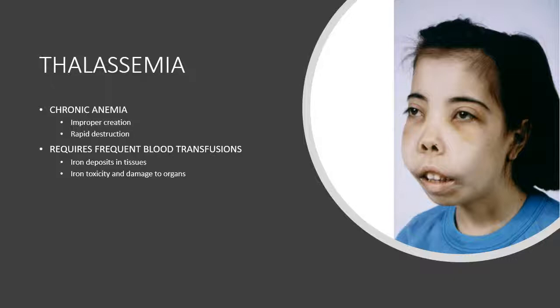Another type of anemia is called thalassemia, and thalassemia is a genetic problem. It's a spontaneous mutation where the body can't make normal hemoglobin. And so the person has chronic anemia from this improper creation of hemoglobin, and the body recognizes that it's not made correctly, and so it rapidly destroys it. And therefore, there's a fairly severe progressive anemia that's evident by about 6 months of age, where the child chronically has pallor, hypoxia, poor appetite, fever, and jaundice because of this rapid destruction, where the child actually becomes this bronze